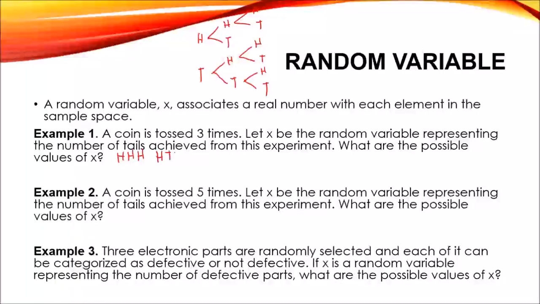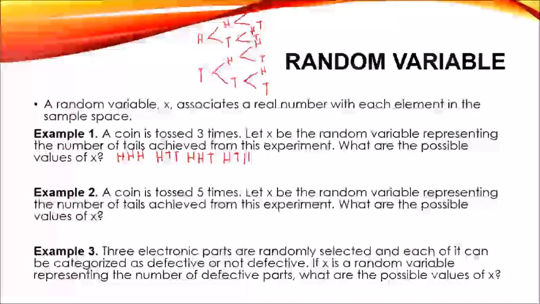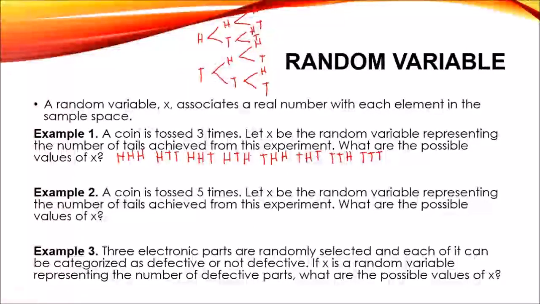We also have H T, and we also have H and T. We also have H T H. We also have T H H. We also have T H T. We also have T T H, and lastly we have T T T. So in total we have eight possible combinations. Now the problem asks to identify the random variable that represents the number of